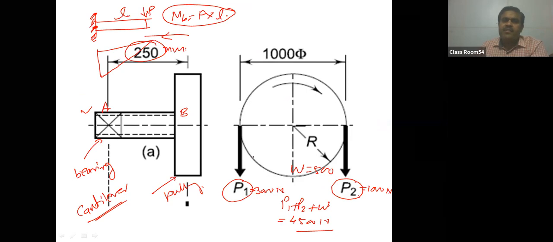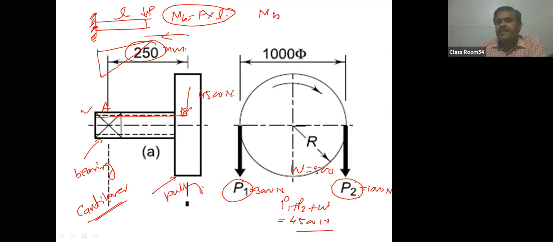So in this case, only vertical forces are acting. There is no horizontal force. So that's why only the vertical diagram बनाने की ही जरूरत है आपको, है ना. There is no need to make a horizontal plane diagram, तो फोर्स ही नहीं है वहां. तो आपकी प्रॉब्लम कैसी हो गई? जस्ट सिंपल, पुली बी पर आपका फोर्स कितना आ रहा है? 4500 न्यूटन, और फोर्स इनटू डिस्टेंस, 4500 into 250.